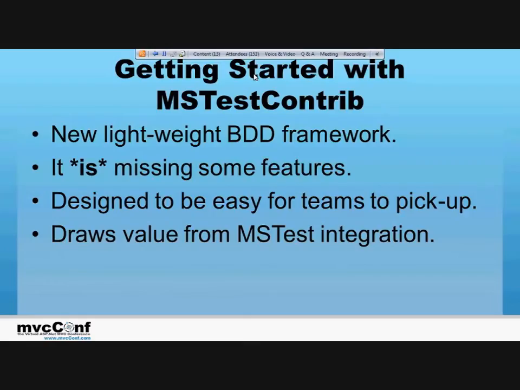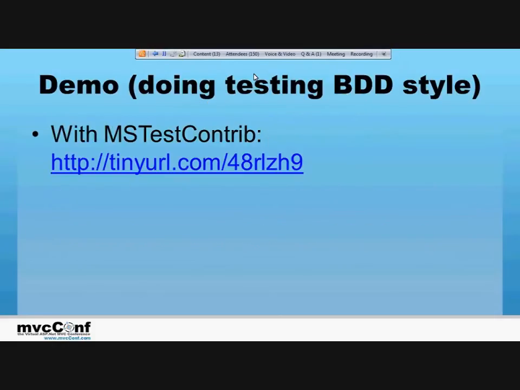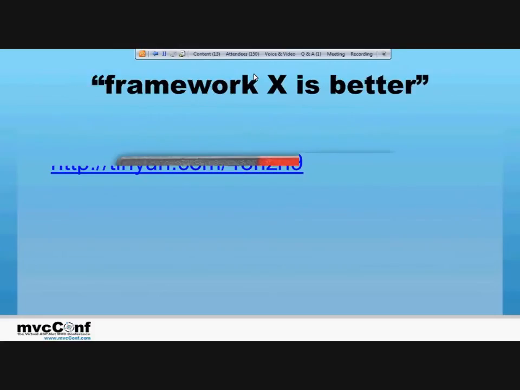If you're happy using some of the other ALM tools from Microsoft, this makes a lot of sense as well, in that inside the lab management tools, mstest is basically the default test runner and pretty much the only test runner. And so using mstest-contrib, you can actually start to produce nice automated UI functional tests on top of the mstest engine using coded UI tests. So let's get started with a bit of a demo. So I'm going to be using mstest-contrib. There's a tiny URL to it there. But just before I get started,